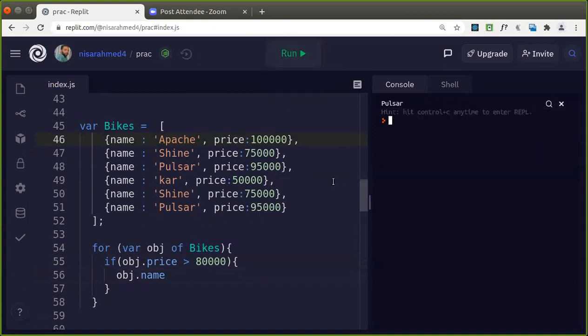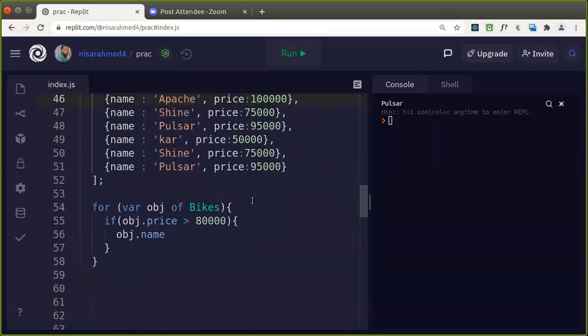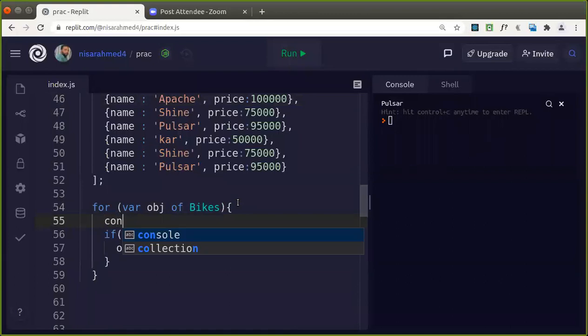Why are we getting only Pulsar here? The price is there. Okay. Let's check the data type of these things. You can just console.log typeof.